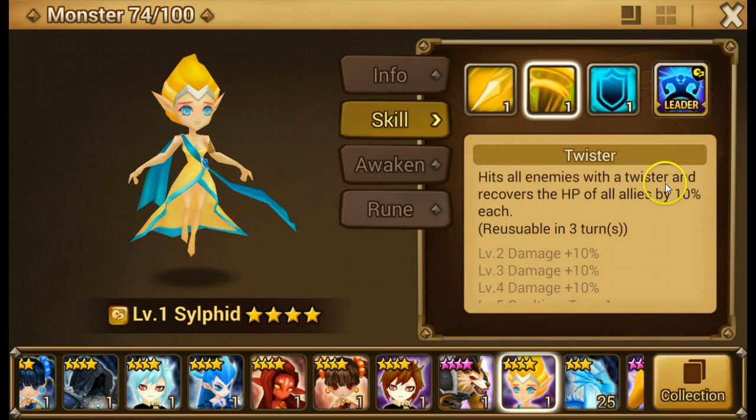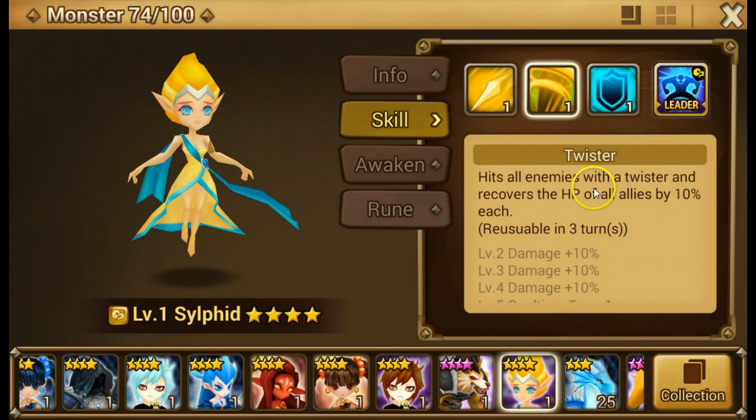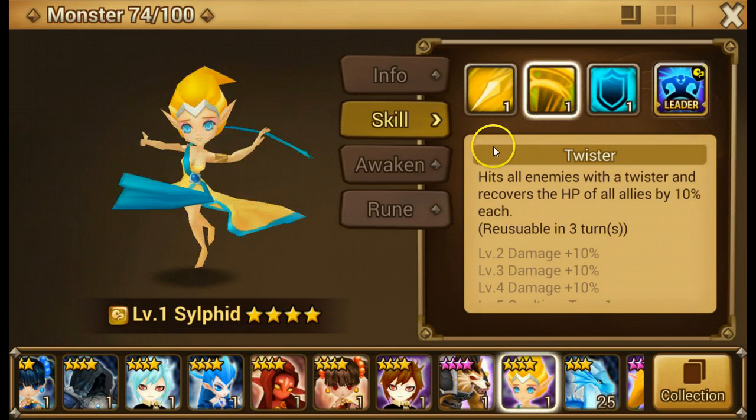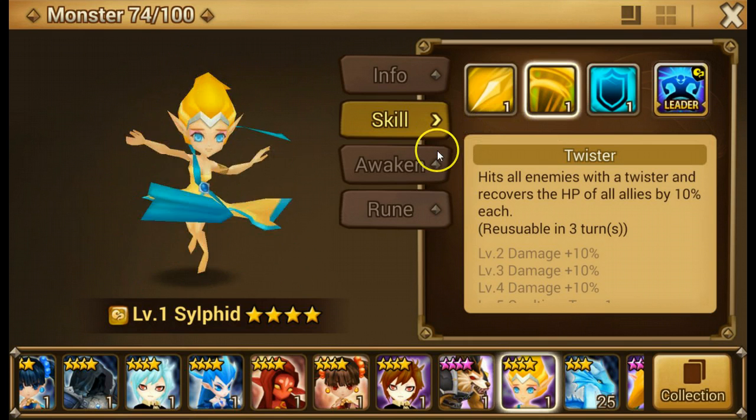It hits all enemies with a twister, and recovers the hit points of allies by 10% each. So not only does it hit the enemies, but it heals your allies too. Everything I've heard is this isn't a real powerful attack, but it's still an AoE attack. So if you want to use her in an arena team, if that's your main focus, what I recommend is